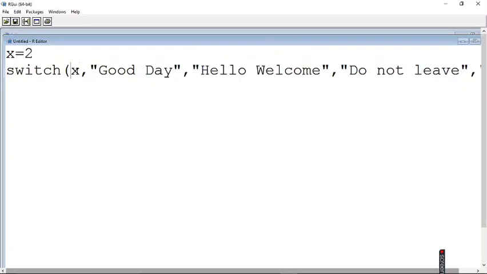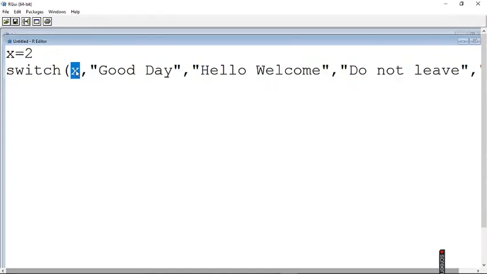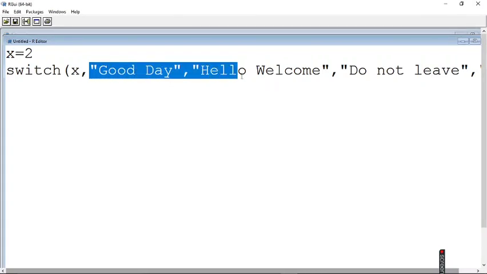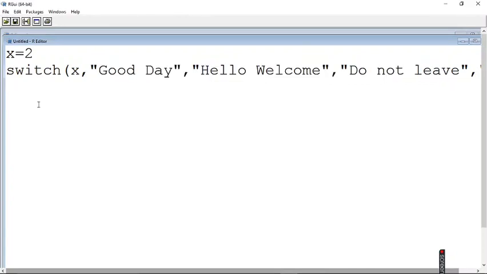If the value of x is 3, then the third argument will be executed, third in the sense the output. So the first argument of switch case is the variable for which the value has to be tested, and the forthcoming arguments are those which have to be printed based on the value of x. This is the first kind of usage.